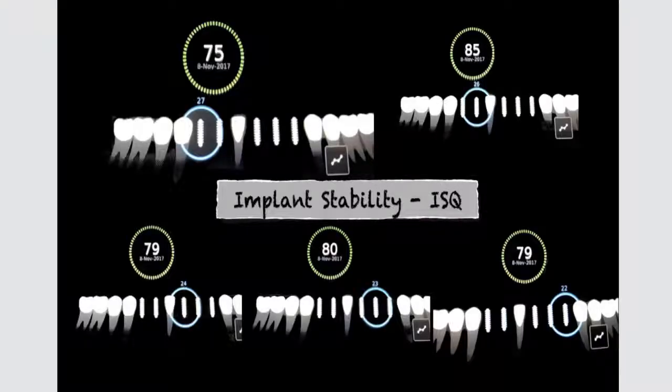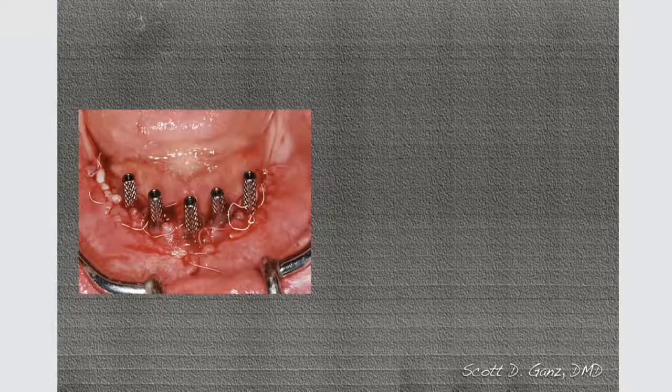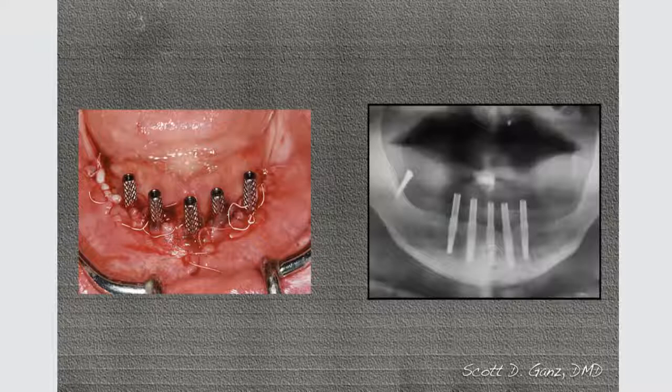And therefore, when we have these values, it gives us a level of confidence and a medical legal entry into the patient's chart that, in fact, we have implants that are sufficiently stable if we choose to load them, which is what we did for this case. And so this is what we started with. We used the titanium sleeve and screws,